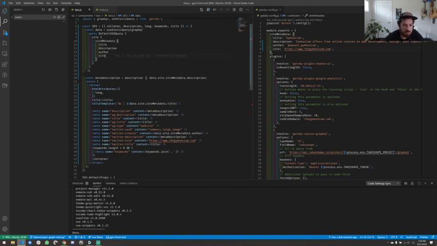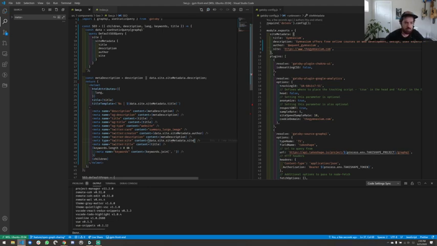And then this will be data.site.siteMetadata.